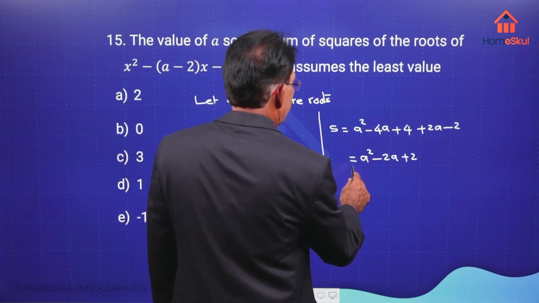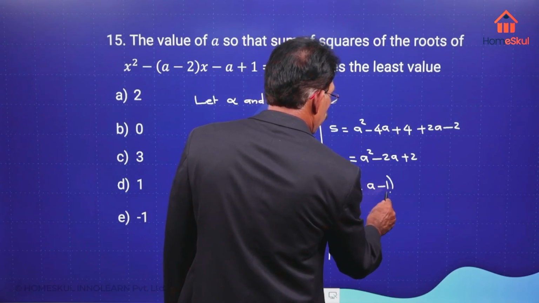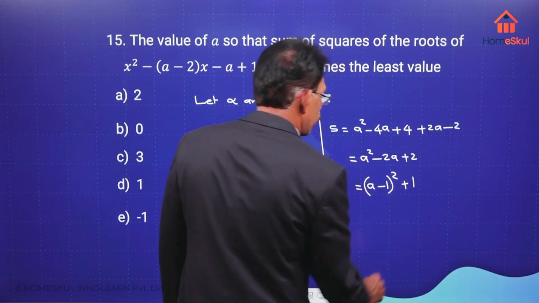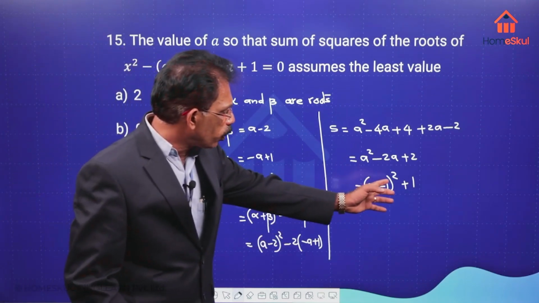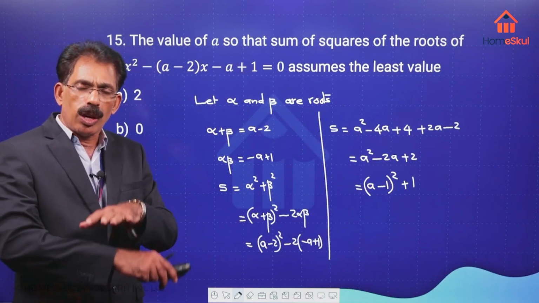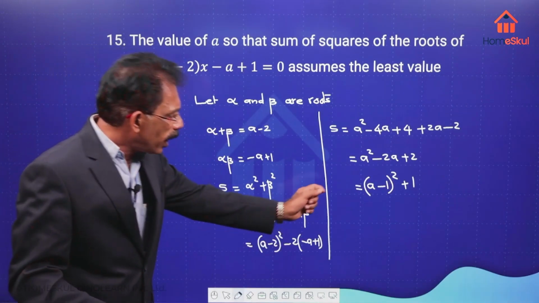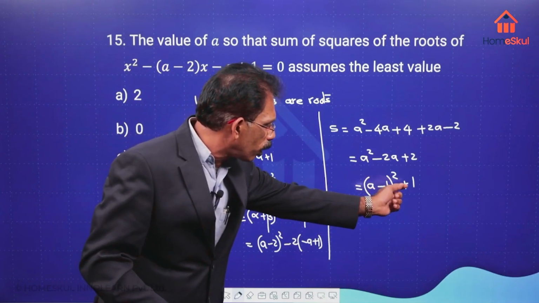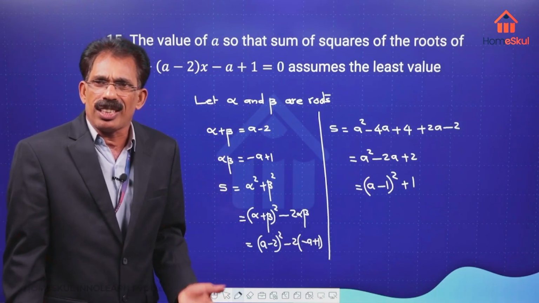The least value, you want the least value, that is equal to (a minus 1) the whole square plus 1, isn't it? From directly (a minus 1) the whole square plus 1, which is the least value? Without using calculus, without using the derivative method, we can decide the least value of (a minus 1) the whole square plus 1. Which is the least value? So anyone give an answer?